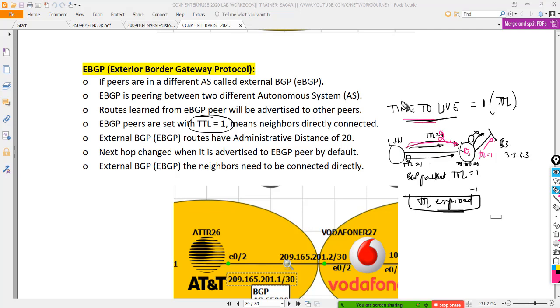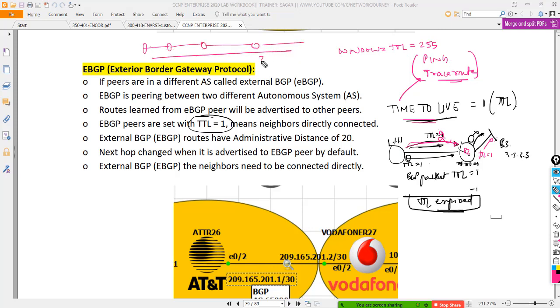Okay. So this TTL value we often see with ping and traceroute commands, network troubleshooting utilities. By default, your Windows is going to consider a TTL value of 255. So your ping packet can go from one router to another for 255 times, and every router is going to decrement by 1.